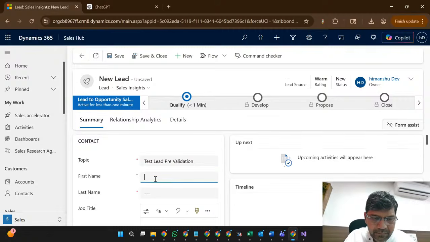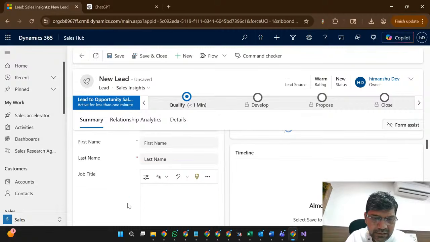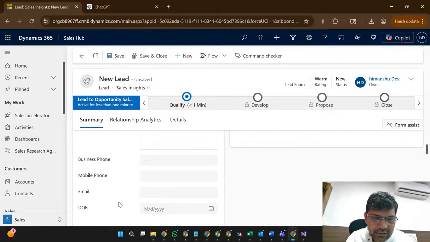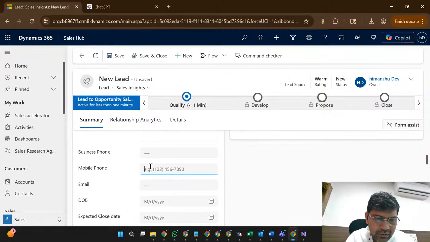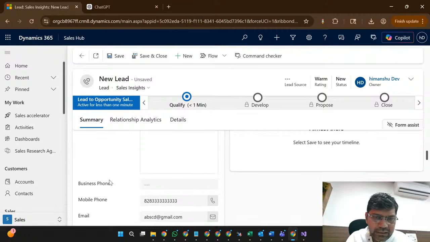Okay, so first name, last name, we have added this particular control. Mobile phone here, suppose, email id, suppose abcde@gmail.com. So we have added all those four pieces of information. Let's try to save it.